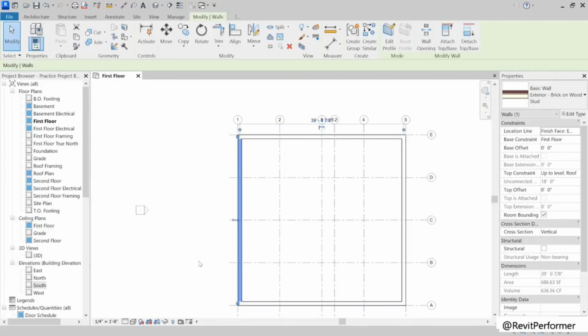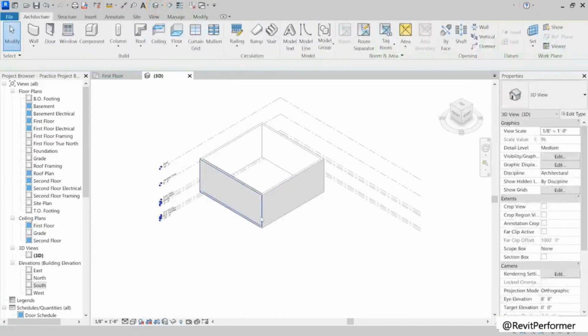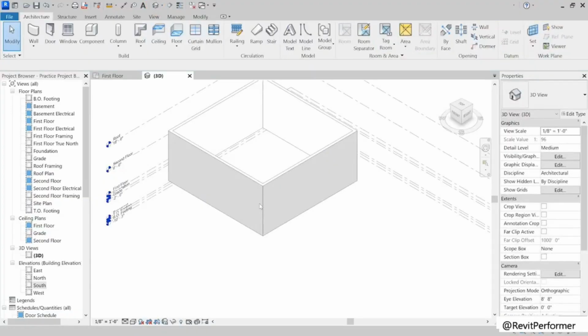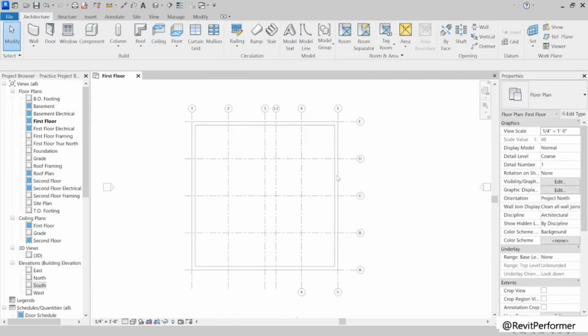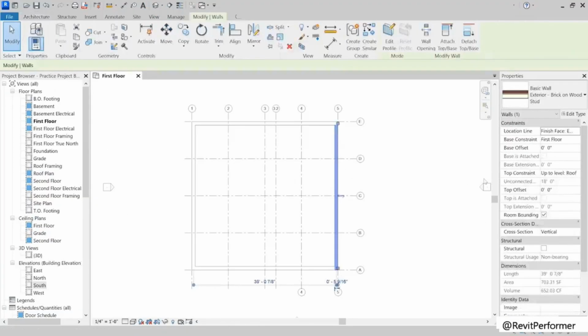And there you have it. You have now put in an exterior wall for your project. And let's just click at our 3D view real quick so you can see in 3D. We now have a structure wall that has got layers to it. And you know that because you looked at the wall assembly and can see that the layers are in there. However, looking at this view, you don't see those layers. Well, there's a reason for that, and that has to do with our visibility graphics.